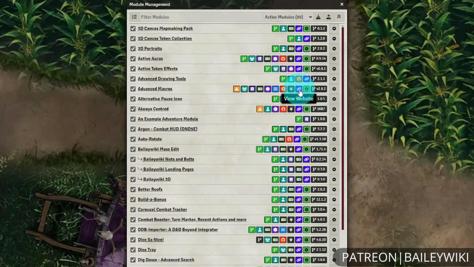There's also now a link to view the website, which will actually open up the website specified in the particular module JSON. It's going to give you an indicator if it's using a socket API. Then if